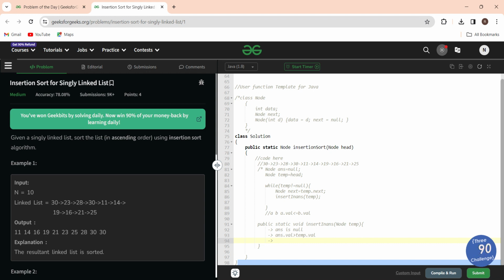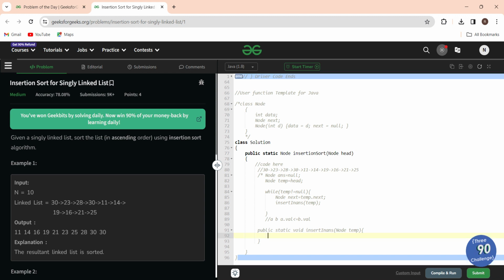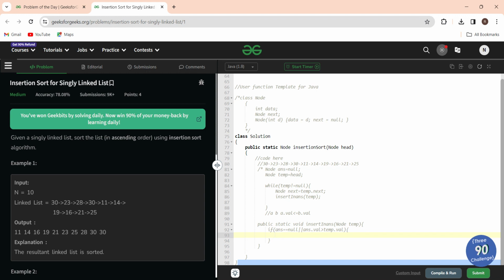Okay, so we will write the pseudo code here. If answer is equal to null, or answer.val is greater than temp.val. If answer is equal to null, that means answer has no nodes present. And if answer.val is greater than temp node value, at the first node only there is an unsorted part, so we need to insert the temp node at the first starting node, right? Okay, so now